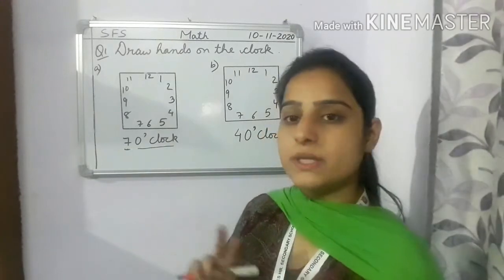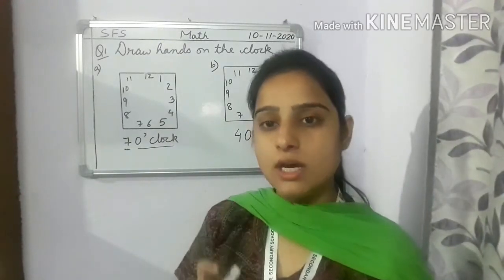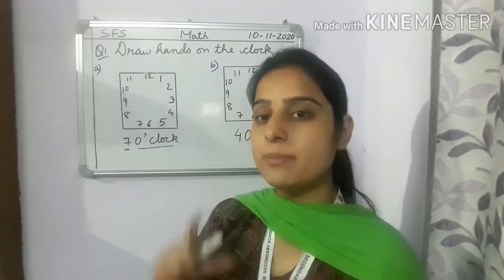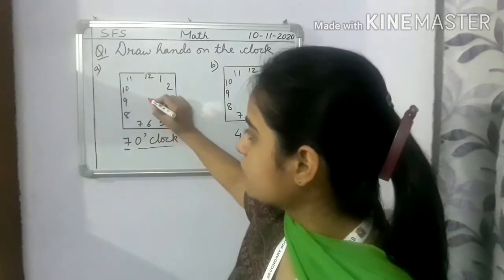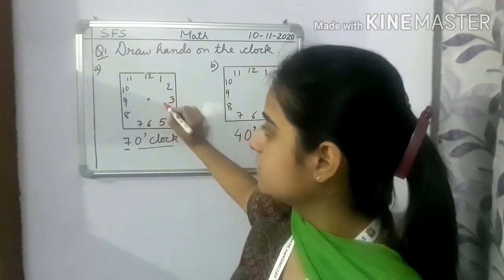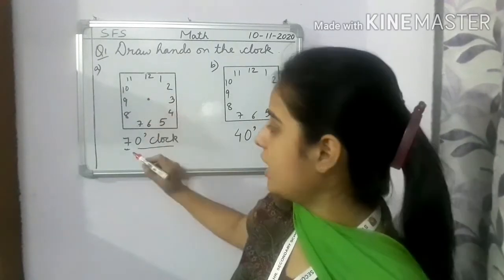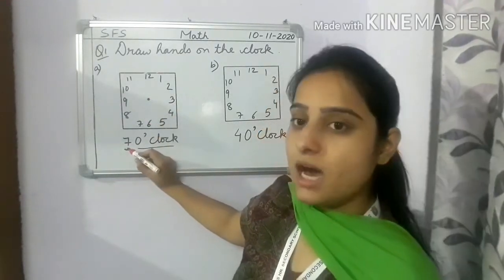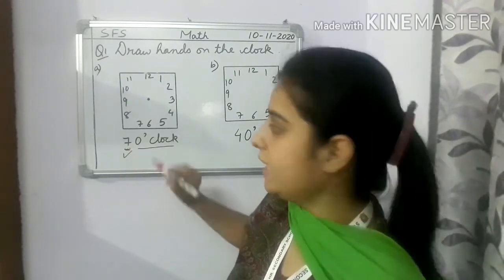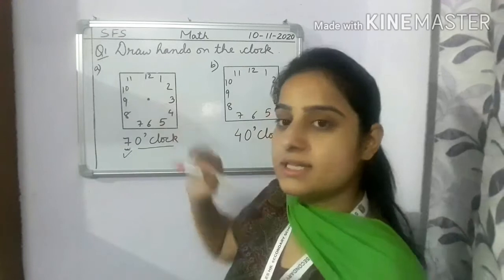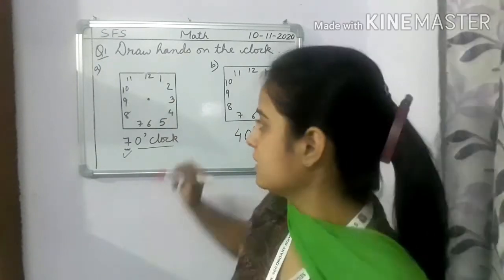And the difference between the minute hand and the hour hand: you know that the hour hand is smaller and the minute hand is bigger, right? So how can we draw? Let's make the center. Then we always draw the hour hand first. That means the hour hand will be on which number? 7. So the size of the hand will be smaller than the minute hand. So let's do it.